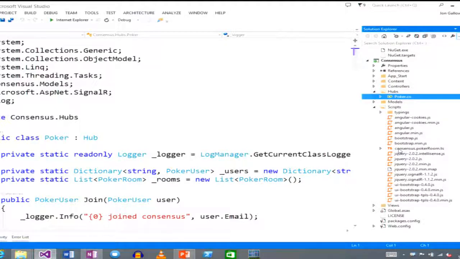binding to that. So Angular or other single-page applications don't care how they got the data. It could be from a GET request to a service, or it could be from something like SignalR. It doesn't really matter to them, right? So if I run this,